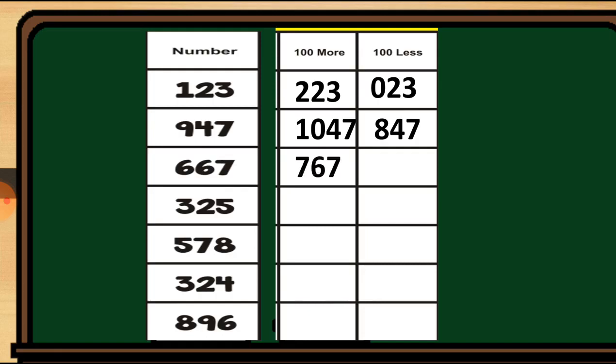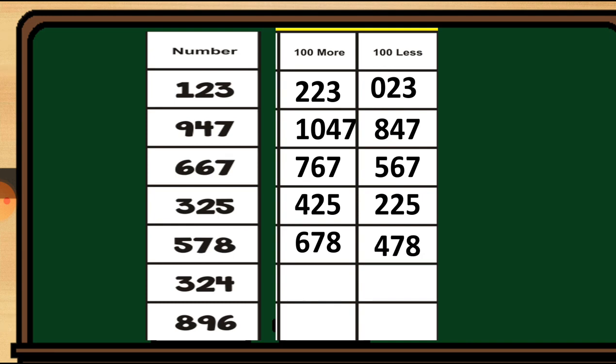100 to it, so 767 will come. And if we cut 100, so 567 will come. 325, let's add 100, so 425 will come. And if we cut 100, so 225 will come. 578, this is the next example. Let's add 100 to it, so 678 will come. And if we cut 100, so we get the answer